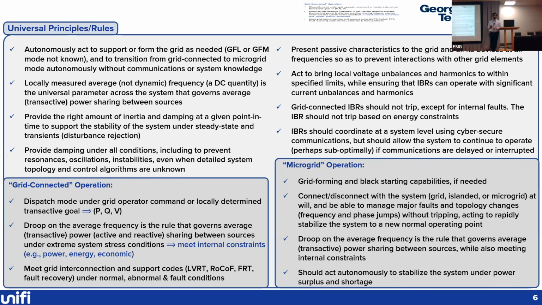It should definitely droop based on frequency and voltage, because if there's one grid forming inverter which doesn't have droop, by the nature of how it is designed, it might try to take up the entire burden of a power system disturbance. It would try to operate in maybe an isochronous mode and try to control the frequency to the nominal value, right? So it should droop based upon both voltage and frequency, so that there is good power sharing across the different inverters in the system, good power sharing across the different resources in the system, both synchronous machines and